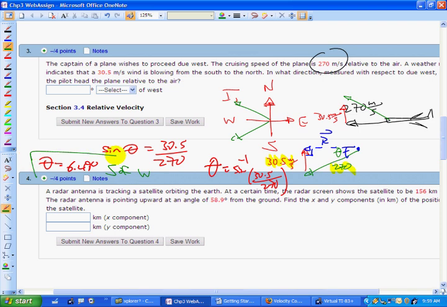So in other words, normally an airplane will not fly in the direction you point it because there's wind blowing, okay? So in real life, a pilot needs to check the weather report to see which way the wind is blowing. If you know the speed of the plane and the speed of the wind, you can put in a course correction so that you end up flying where you want to fly, okay? And in real life, this happens all the time. Now, what's nice is with all the technology, a computer will do it, but every pilot has to be trained to do this in case your computer breaks or whatever, okay? So in a nutshell, that's number